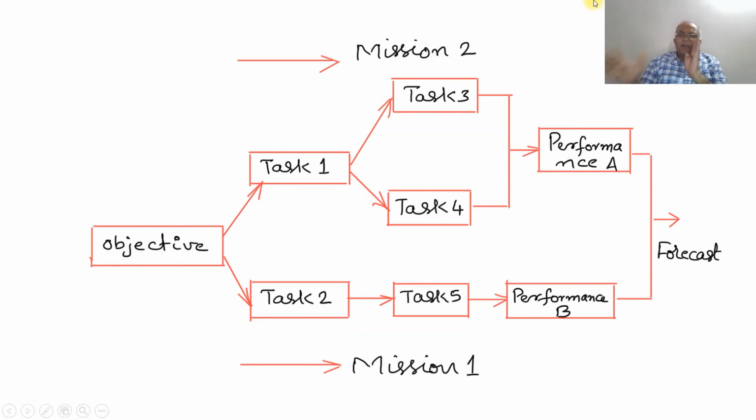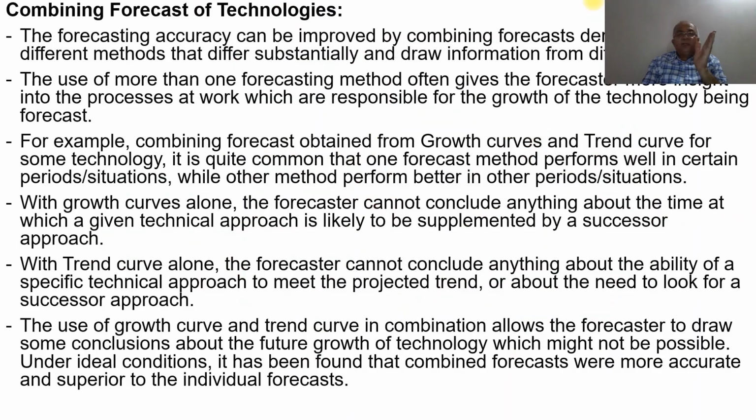So it is just a generalized flow diagram wherein, if you want to take an objective like a product, that product is divided into different routes, meaning one possible solution or two possible solutions. Out of these two possible solutions, again there are further possible solution 1 and solution 2, and then how solution 1 can be obtained is further divided, and for each task we need to identify the costs involved, and then we compare, and then we arrive at the equation. Then comes the combining forecast of techniques.